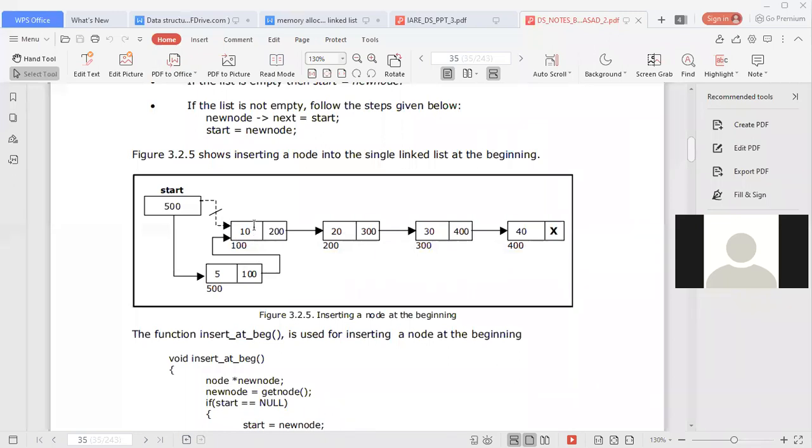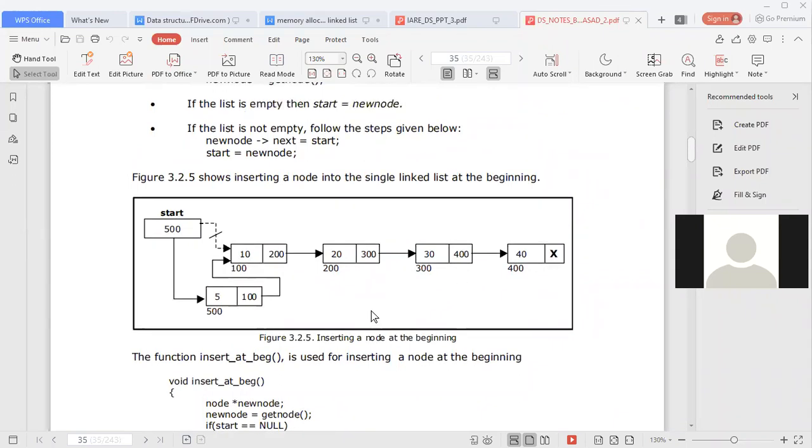Now we created a new node at location 500, and we inserted data 5. Now what do we put in its next address field? We will put the address of the first node, that means 100, and we cut the start link and make start equal to the new node. Then what will be the first node? From start, 500 will be the first node, the next node is 100, the next node is at 200, the next at 300 and another node at 400. This is the way we have a linked list.